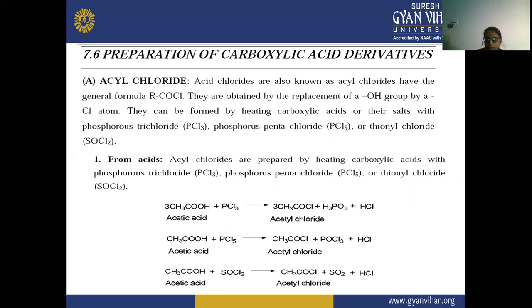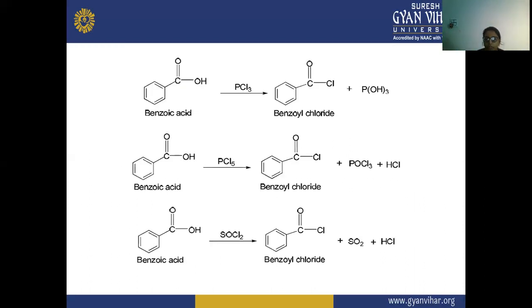Next is benzoic acid. Benzoic acid is reacted with PCl3, and there is a formation of benzoyl chloride. From PCl3 there is a removal of chlorine, and there is the addition of OH from the benzoic acid, and a formation of benzoyl chloride. Next is benzoic acid. When benzoic acid is reacted with PCl5, there is a formation of benzoyl chloride, which is an acid chloride, and